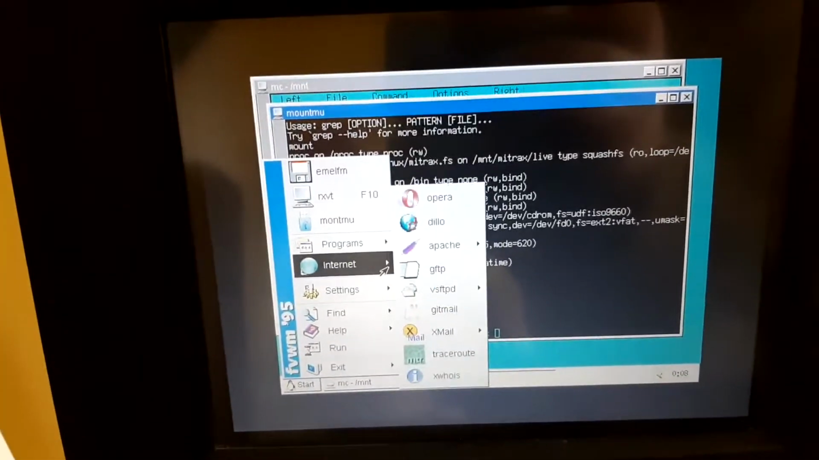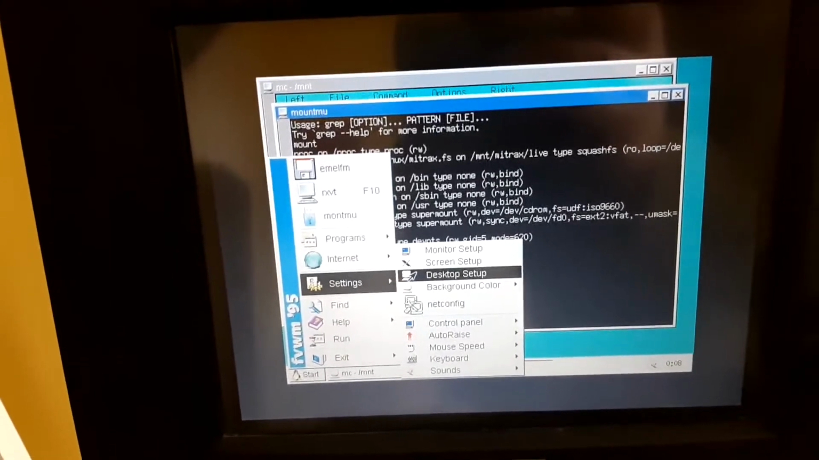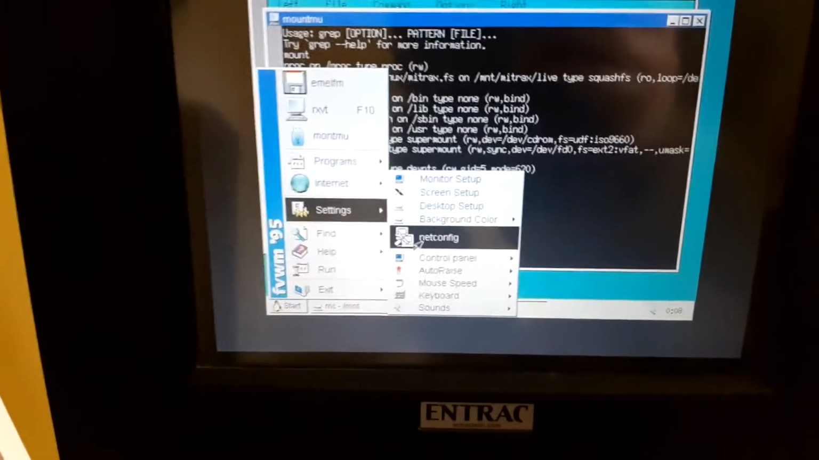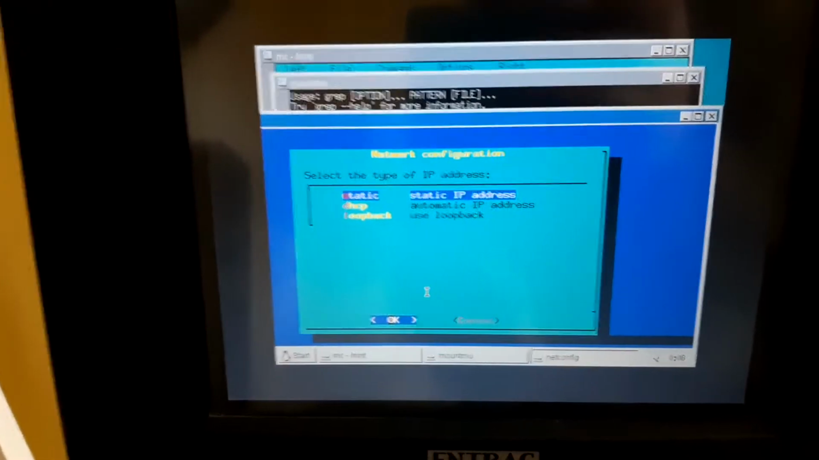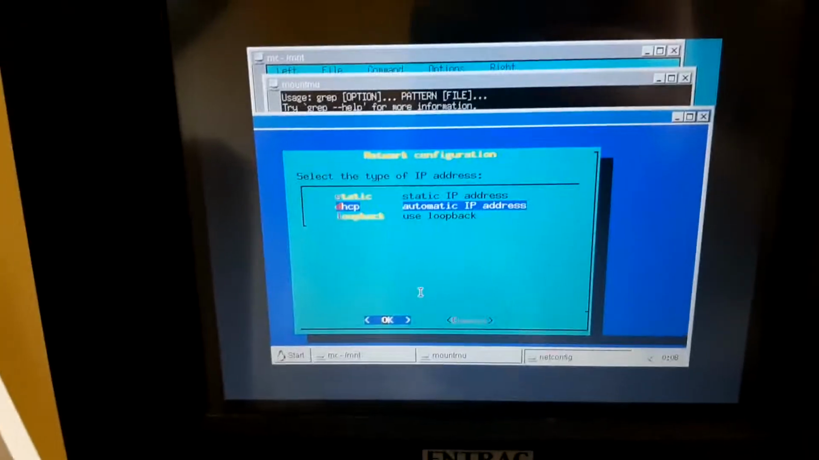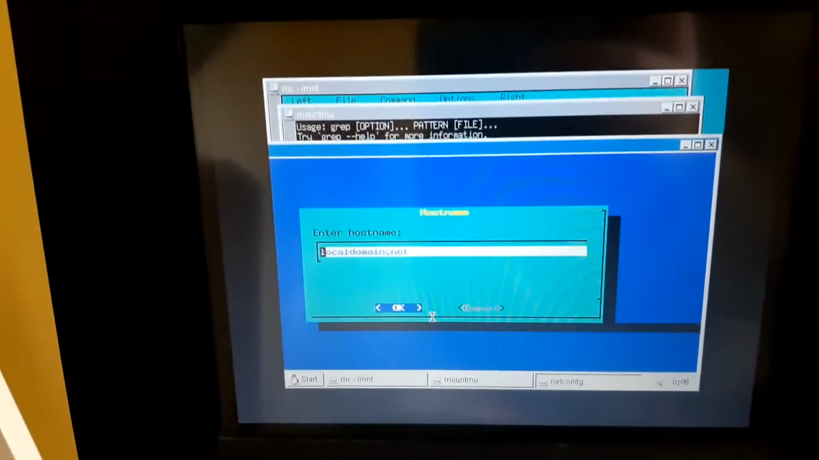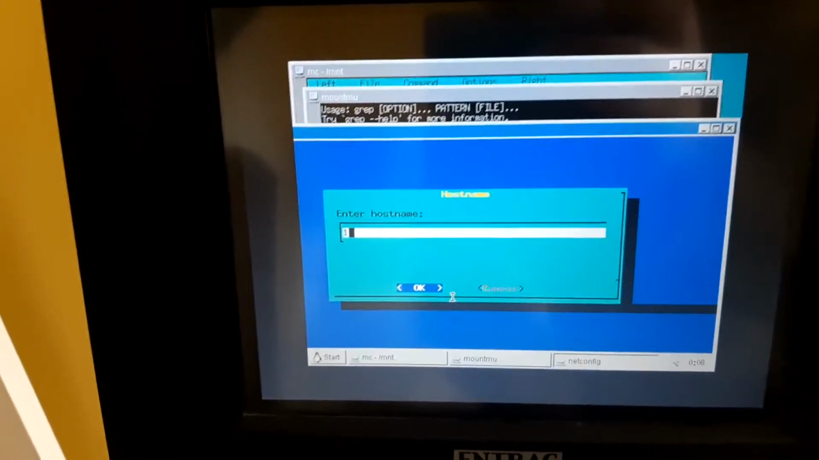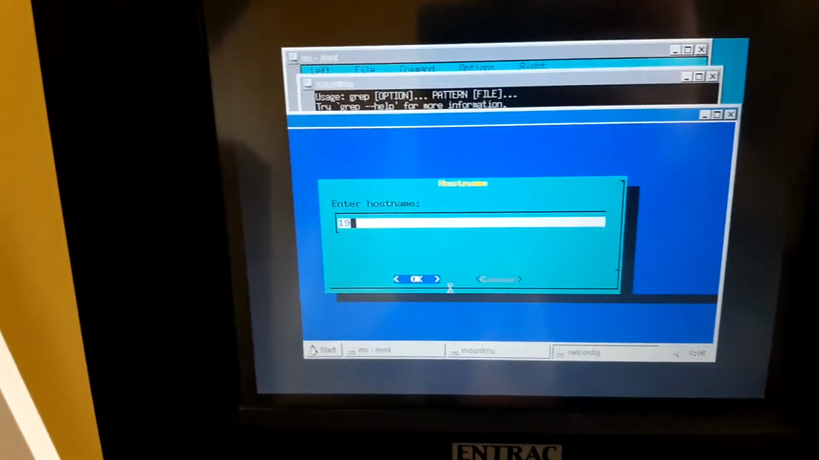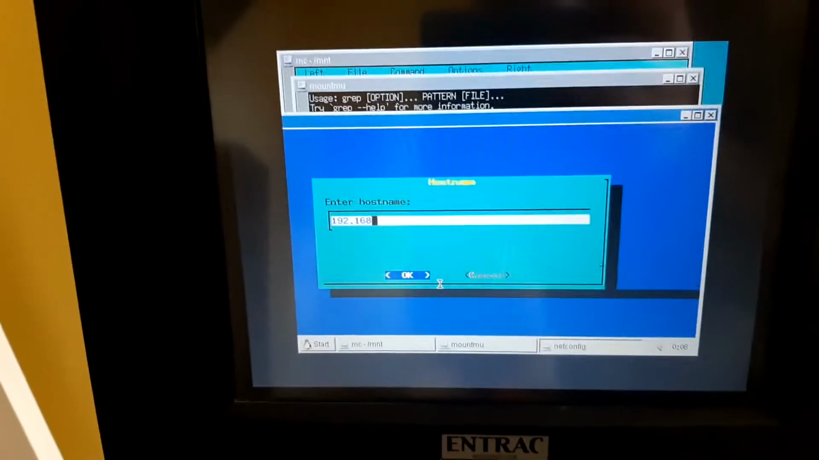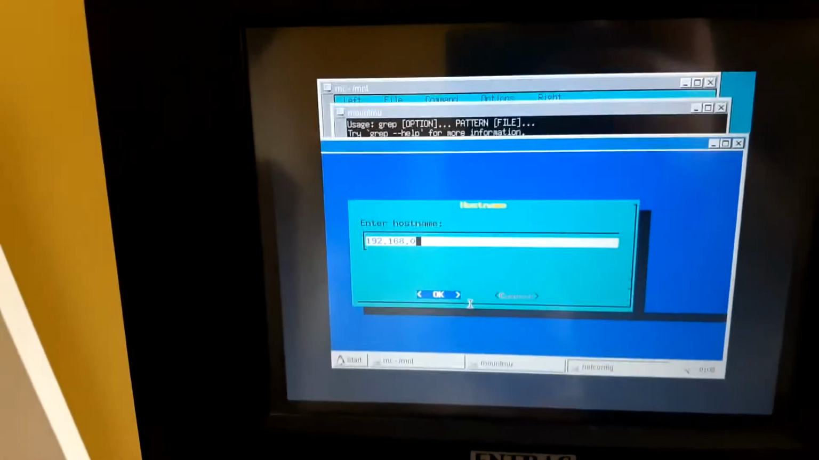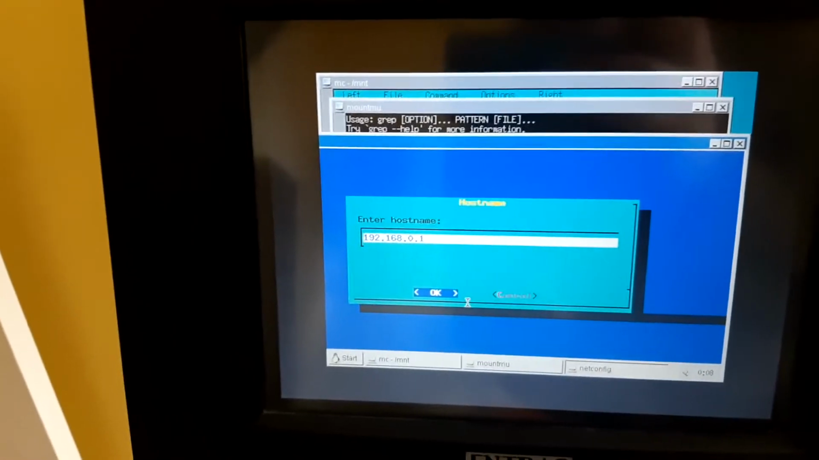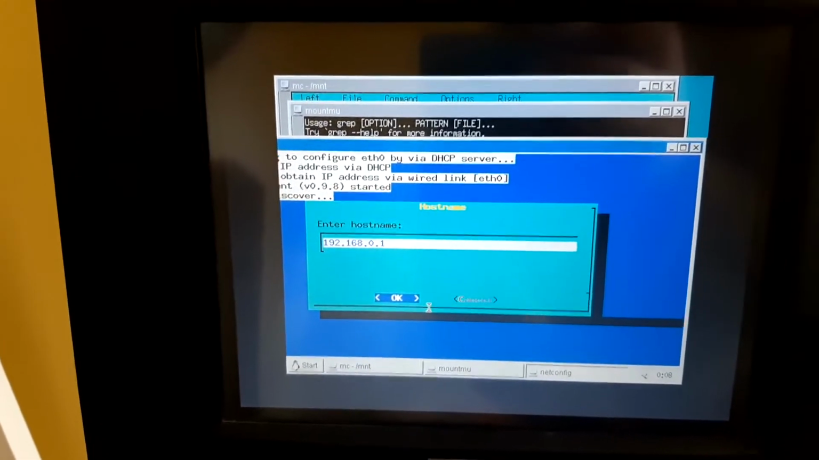this thing has a network card, so you could use FTP to copy the files over. So in this case, I'll just do DHCP, plug it into the back of my router. And then specify the host for my router, which is 192.168.0.1. Push enter,